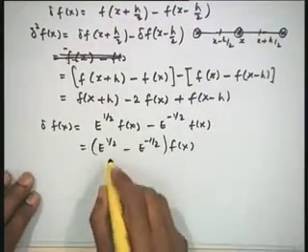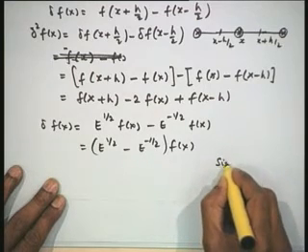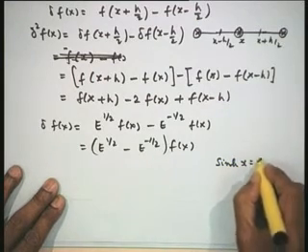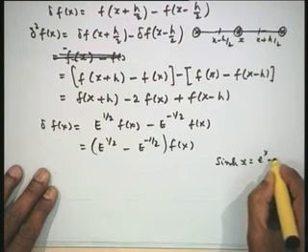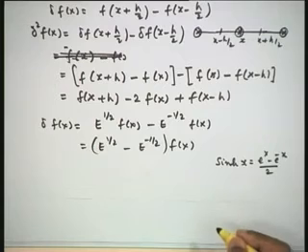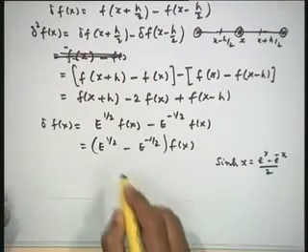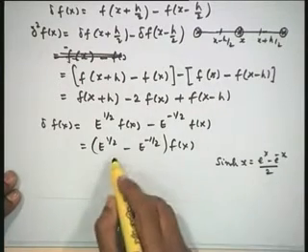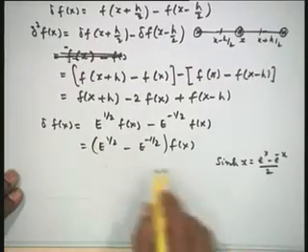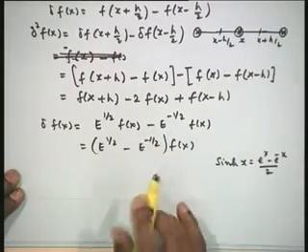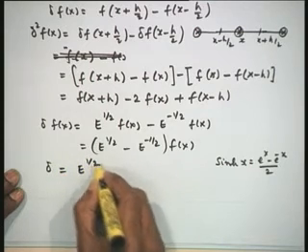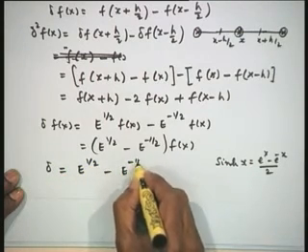Now, we want to put this in a notation. If you remember, sine hyperbolic of x is e to the power of x minus e to the power of minus x, divided by 2, right. This expression shall be used when we get the equivalence of the delta operator with the differential operator D, which is equal to d by dx. Therefore, our equivalence here is E to the power of half minus E to the power of minus half,